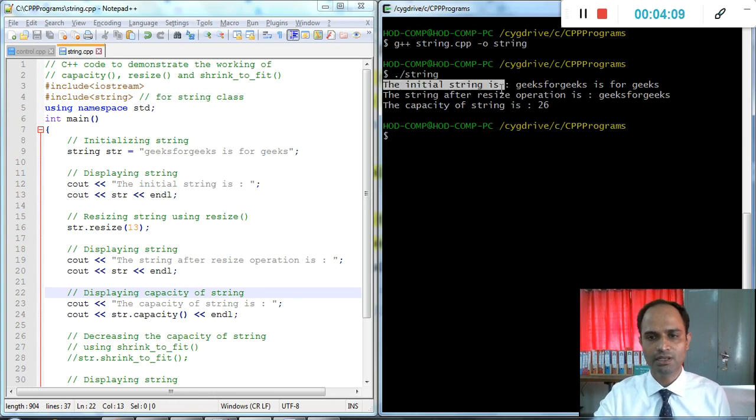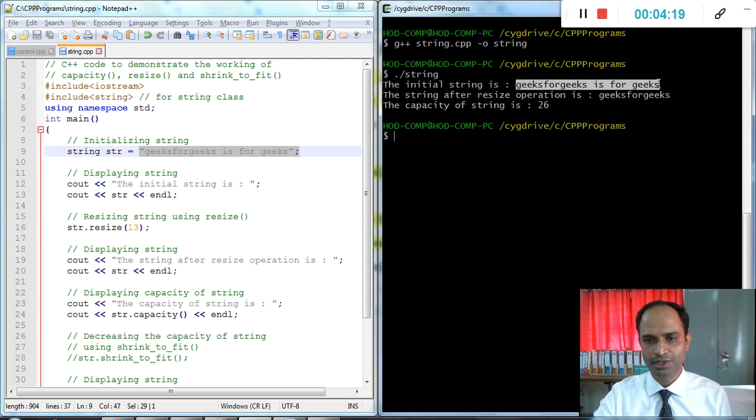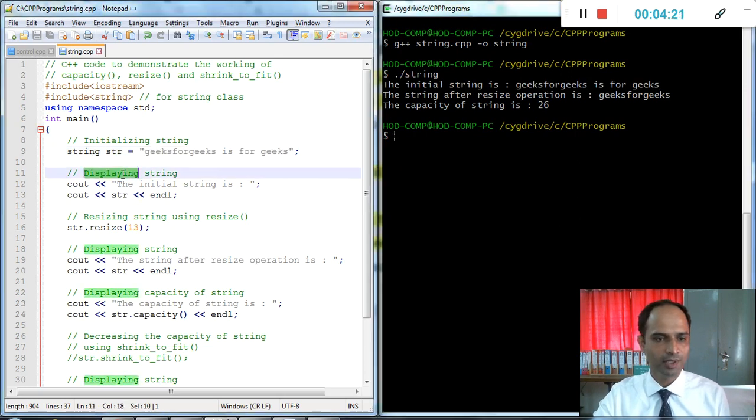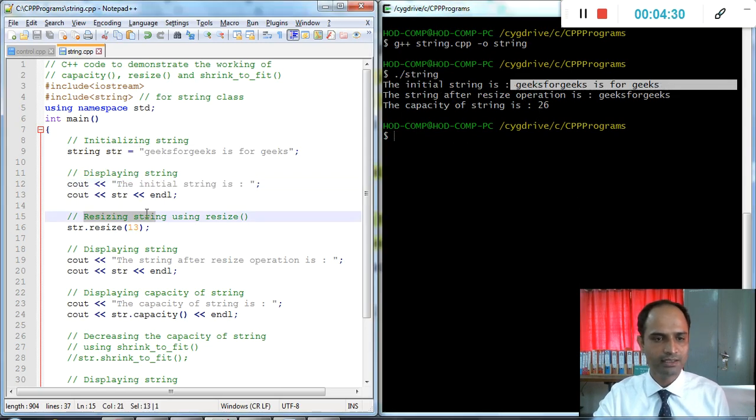The initial string is the static string we copied, which is the input string. Then it displays the initial string. Then we resize the string with the resize function. I already told you str is an object of the string class.